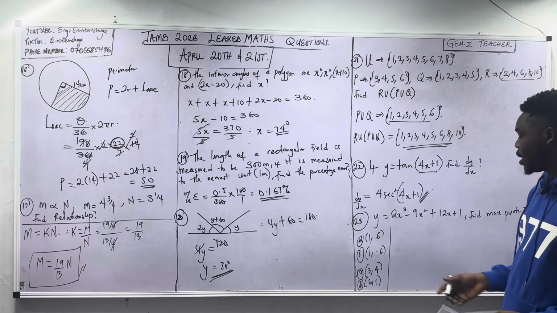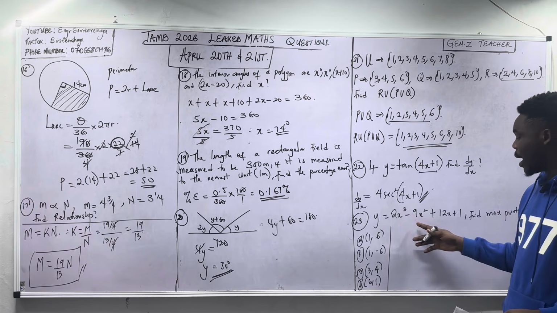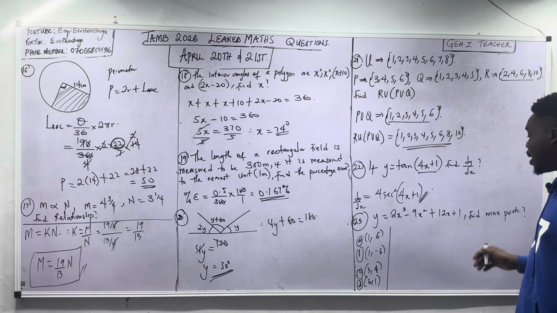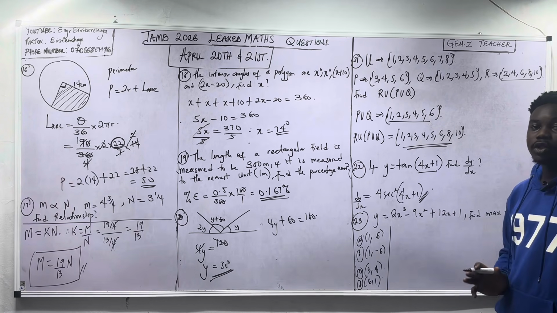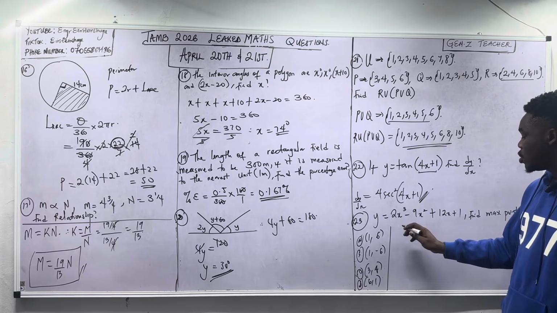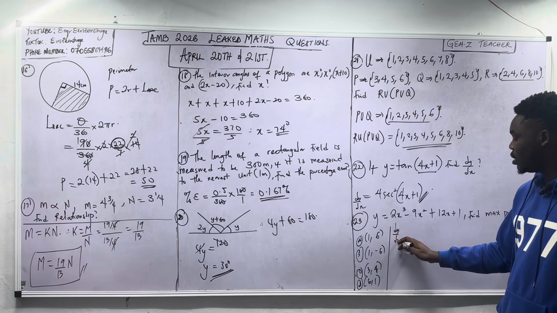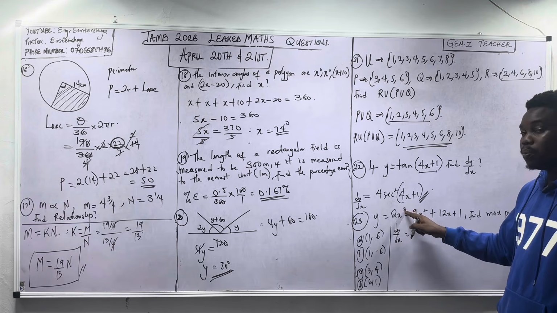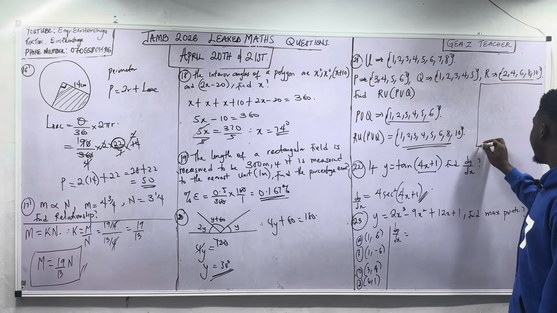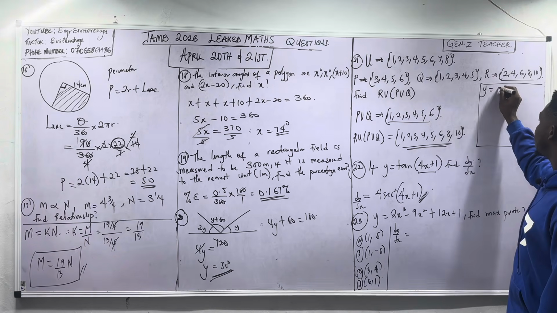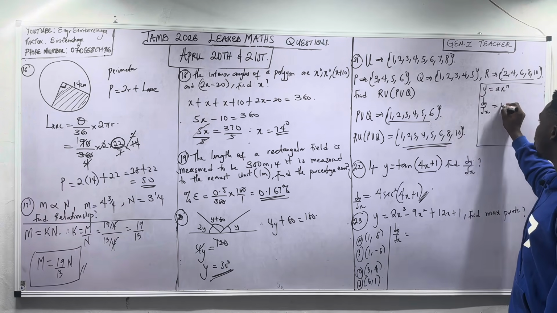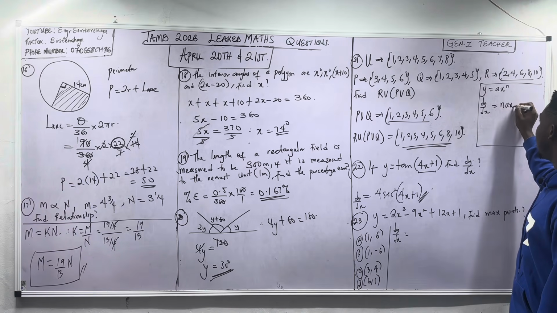Number 23 says y equals 2x cubed minus 9x squared plus 12x plus 1. Find the maximum point. Recall, once you are asked to find max or min, you apply calculus, differentiate. Okay, so what is dy dx? Quick, remember, we're doing power times function and power minus 1. How do I mean? If y equals ax raised to power n, then dy dx becomes n times ax, then n